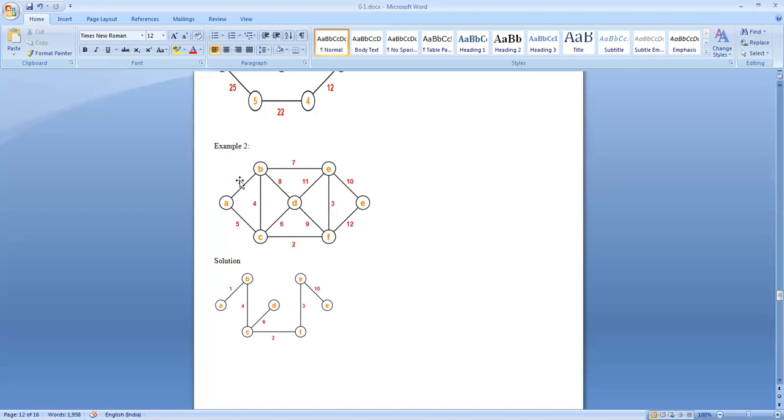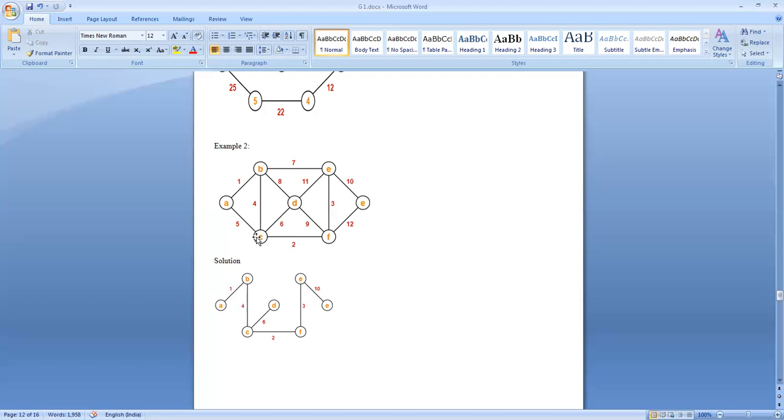Among these, 4, 5, 7, which is minimum? 1 has already been considered. Edge 4 is minimum. So the edge between B and C is connected. The sum of the weights so far is 1 plus 4 is equal to 5.